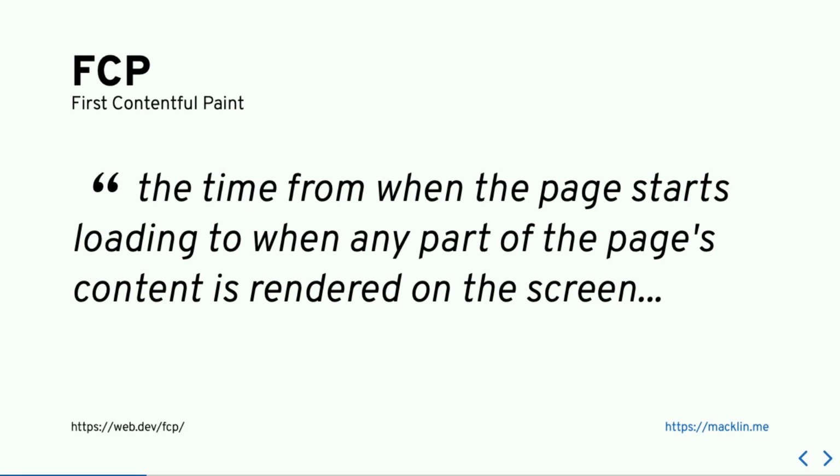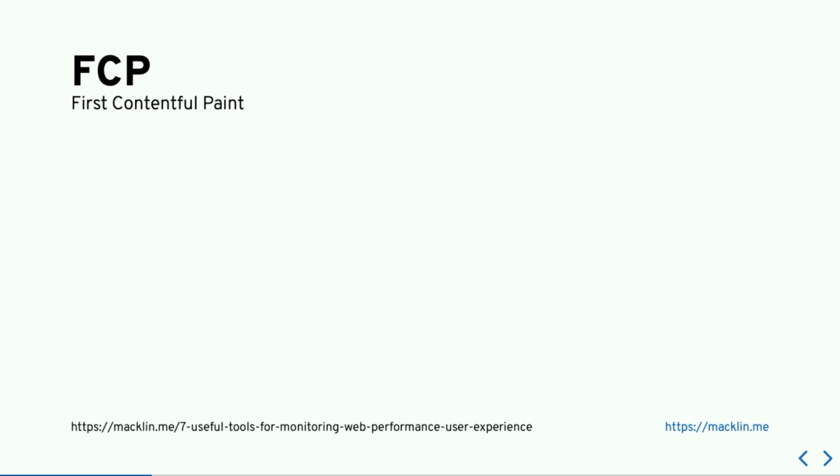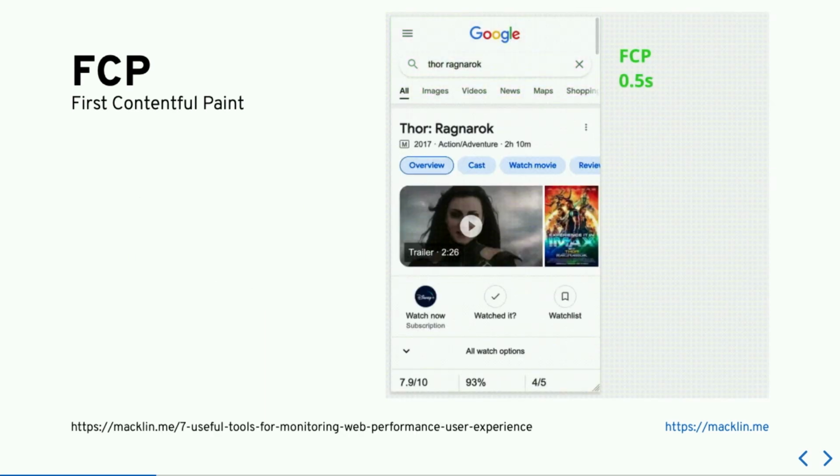Next up, we have first contentful paint. So this is the time from when the page starts loading. So once you have that time to first byte, after that point, how long does it take for anything on that screen to start rendering? So from when you're kind of recording that time to first byte, your page is probably still a blank page, still a white page, because you've just got that data back. Now we're talking about rendering that data onto the screen. And this is a metric that captures the moment the first element is actually rendered.